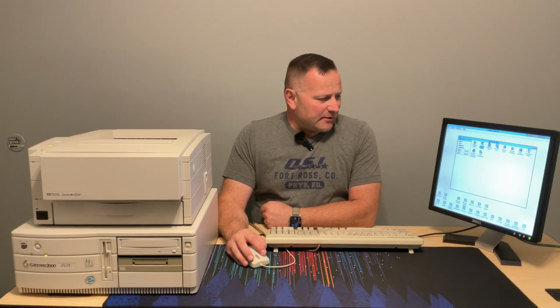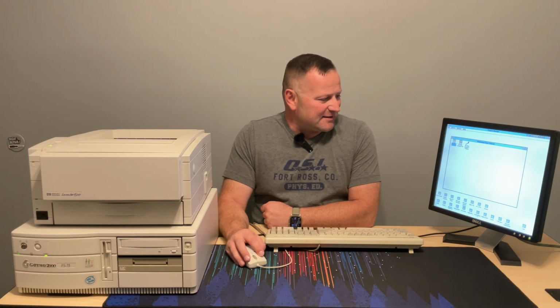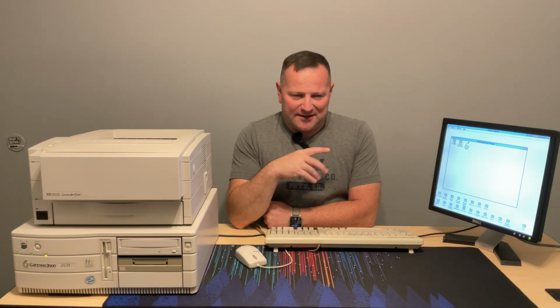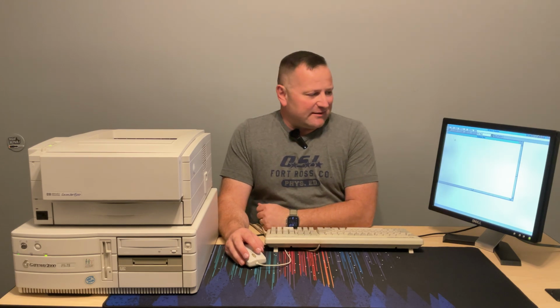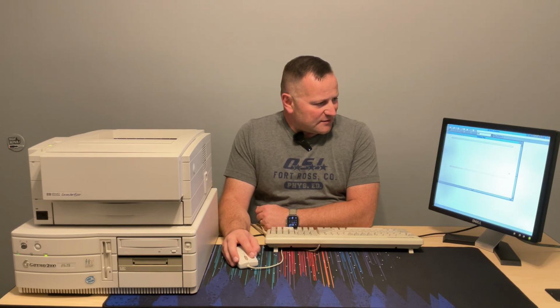There's software that they had back in the early to mid 90s that I loved using when I was a kid. I used to build my dream house. 3D Home Architect. It came with my dad's computer back in the day, an old Packard Bell. And with this, you can build walls of your house,